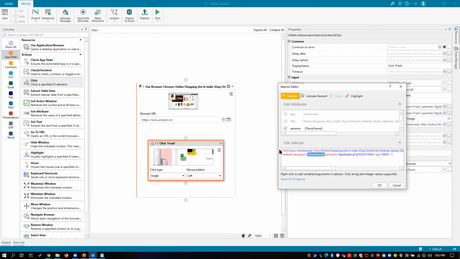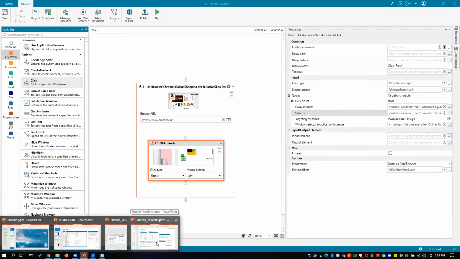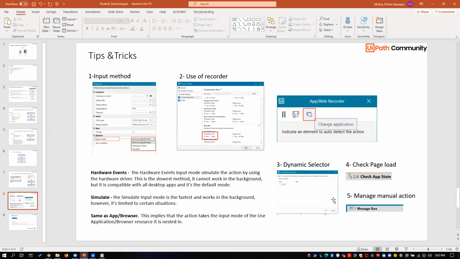But make sure, in order to use this, it has to be declared on the gear icon. In that way, this entire scenario will become dynamic, where you don't need to have some hard coding reference. Sometimes there would be scenarios where this click element or type element will be modified based on some input. So that is one key action, an important point to take into account whenever you are doing some dynamic selection or dynamic click. It has to come from those advanced features introduced with the new version.